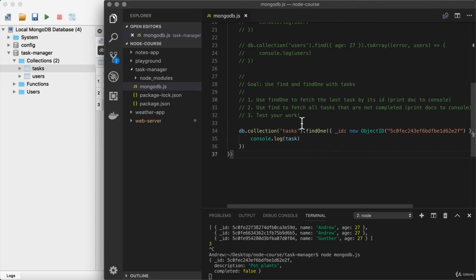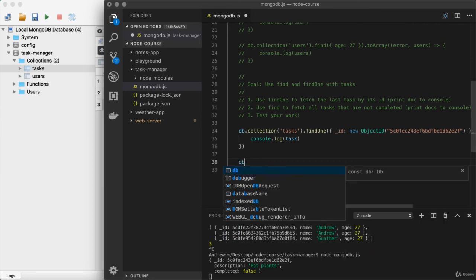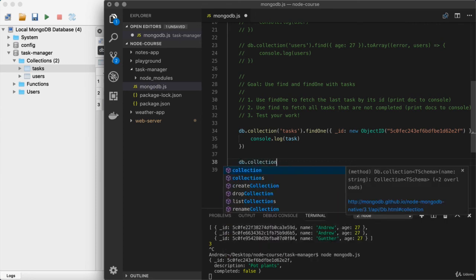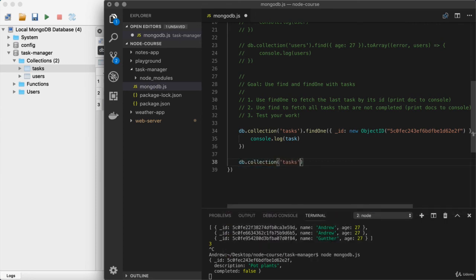Next up, step 2 was to find all of the documents that have not been completed. So right here, for that, we'll use db.collection once again. We're looking in tasks, and we're using find to find documents where completed is equal to false. Now from here, we can't just provide a callback function since remember, find returns a cursor.